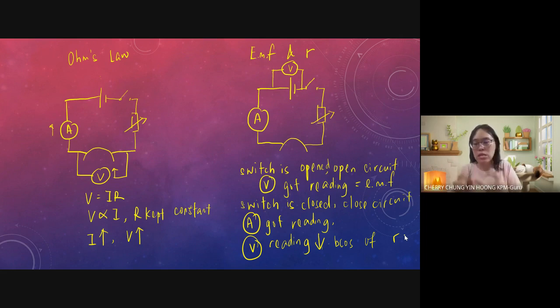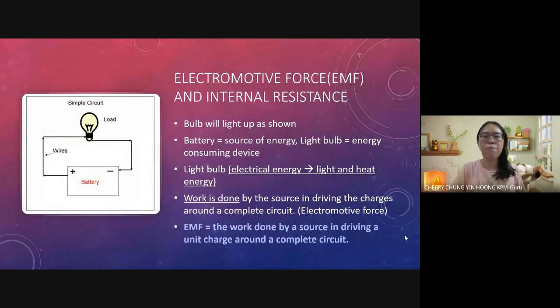OK，所以呢，在今天我们学到的 EMF and internal resistance 都是 what is inside a battery. Okay, what is inside the battery? Okay, it's not about the conductor anymore. It's about the battery itself. Okay, it's about the battery. OK，可以哈。So 现在这个是一个大概跟你讲说 the difference between Ohm's law 跟 EMF 还有 internal resistance。